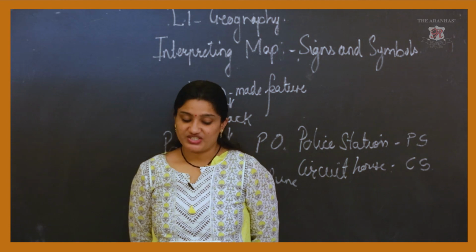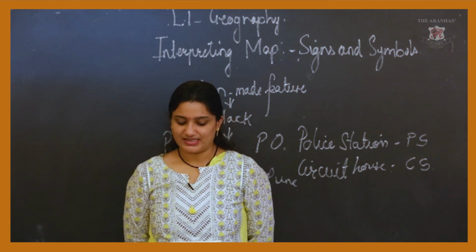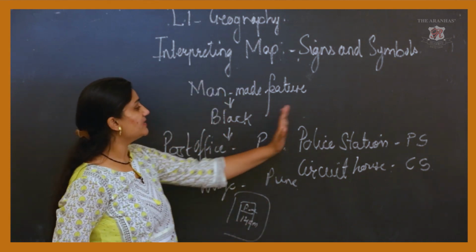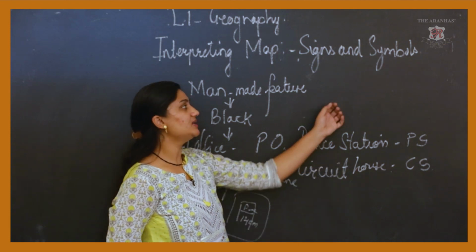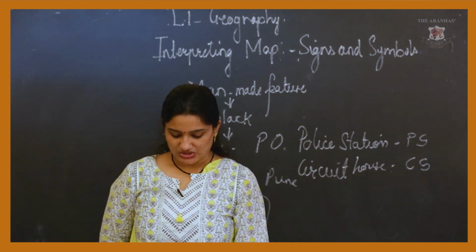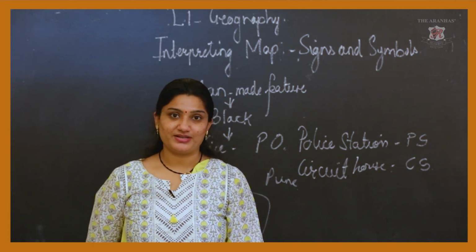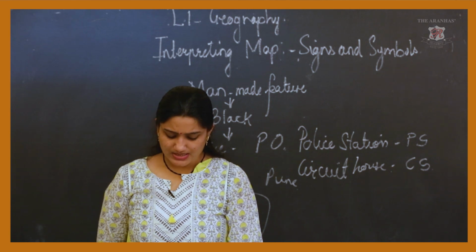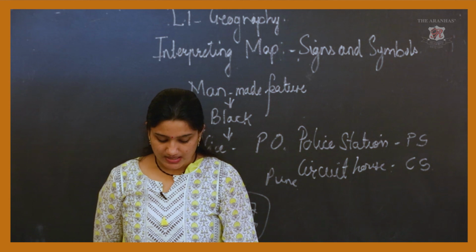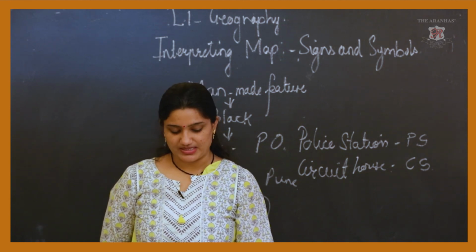Now, in a nutshell, you will read the legend and key, which explain each symbol and color used in the map. Colors and symbols are used to represent man-made and natural features on topographical maps. These symbols are also known as conventional signs and symbols. Colors and symbols are used to represent many geographical features in a small space.